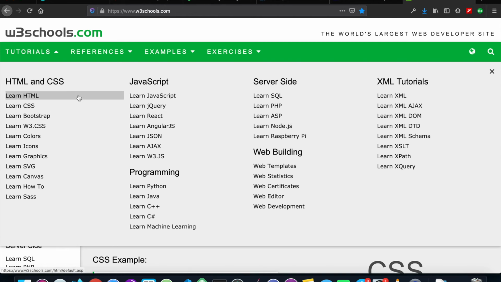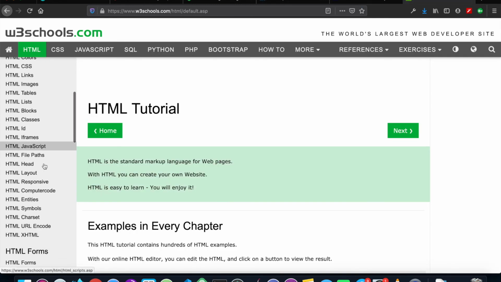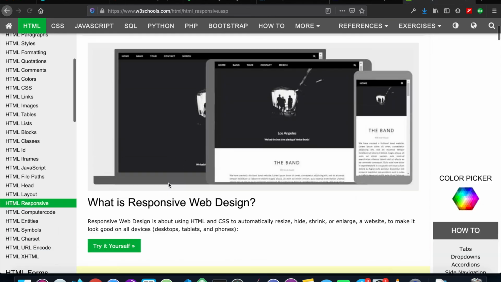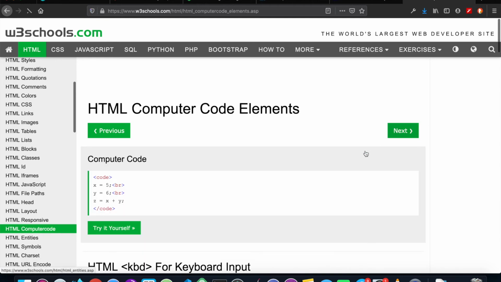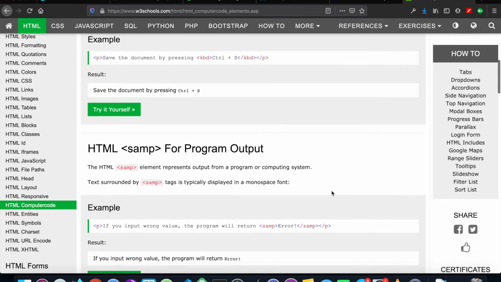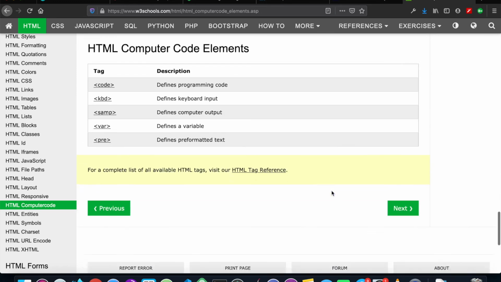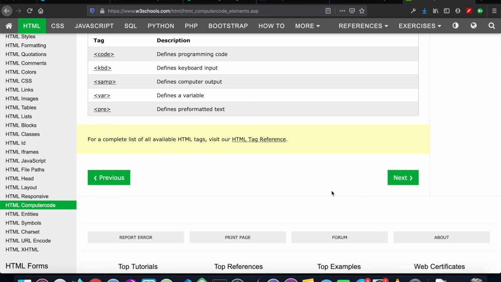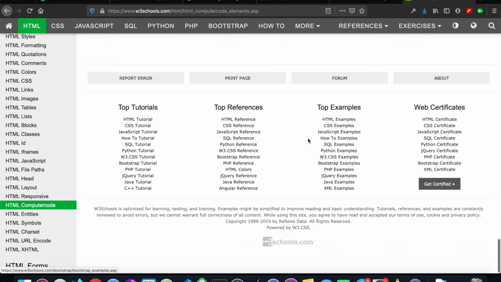Let's say I want to learn HTML. You can find everything, absolutely everything about HTML over here. And it gives you lectures that you can go through and build. It's a great resource. So my advice to you is start with the free stuff, and once you get the hang of it and you're ready for some projects, you can actually